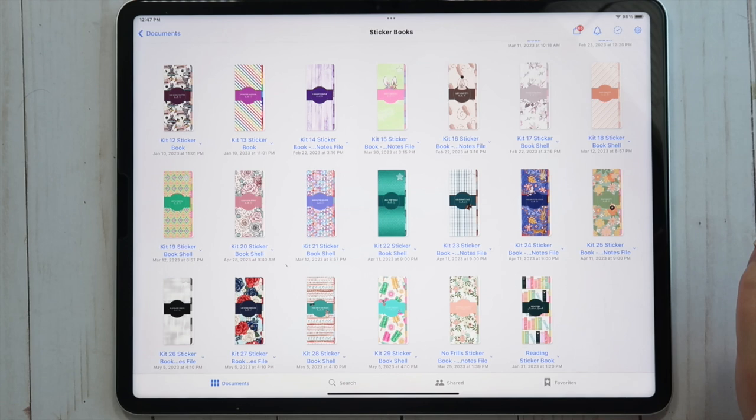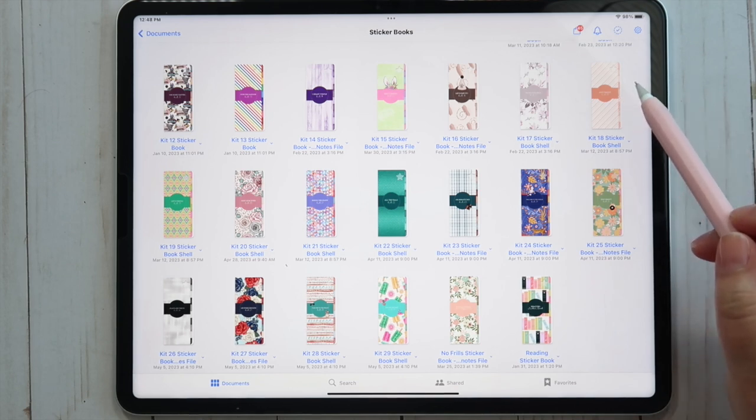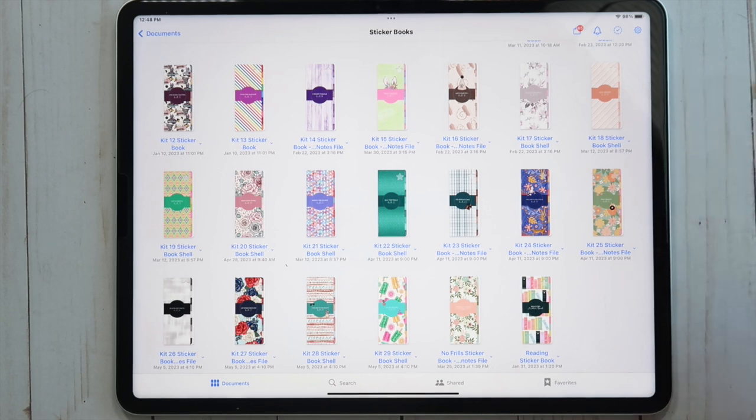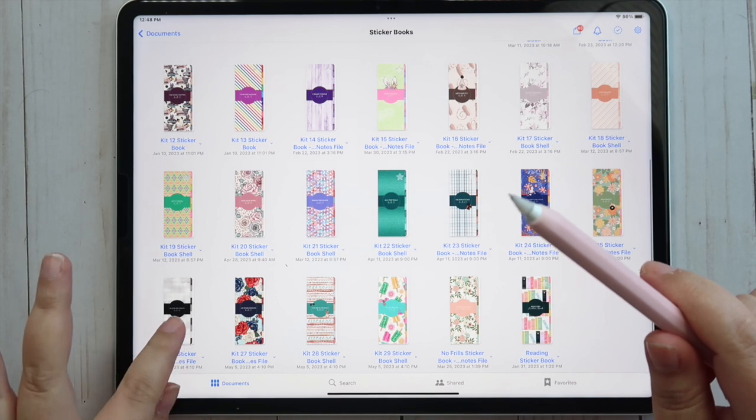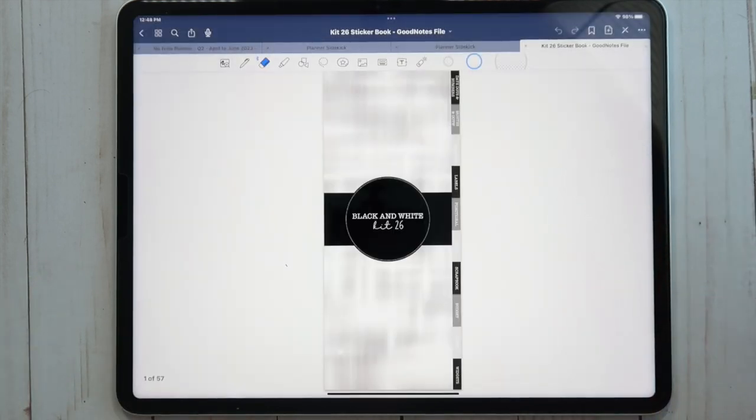Oh man, what do I want to do? I feel like I haven't done a monochromatic spread in a while, and I've seen a couple in our Facebook group and they just always turn out so cute. The peach one is really pretty too. I think Jody just posted a whole spread using the peach and it looked beautiful. Oh man, what do I do? I think I'm gonna go for the black and white. I've just been really looking forward to using this, so I think that's what I'm gonna go ahead and do.